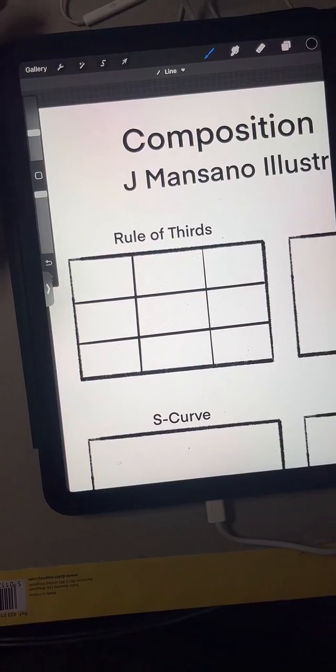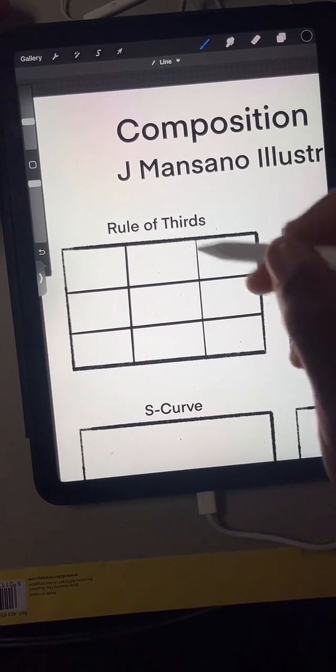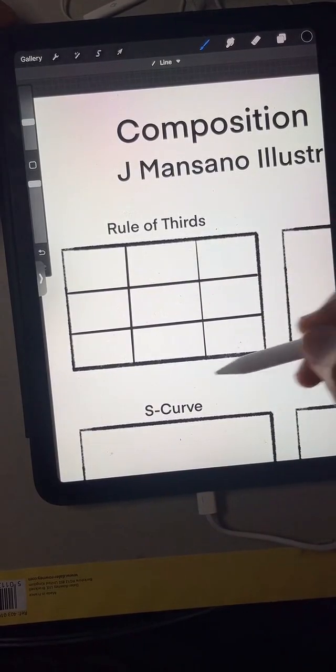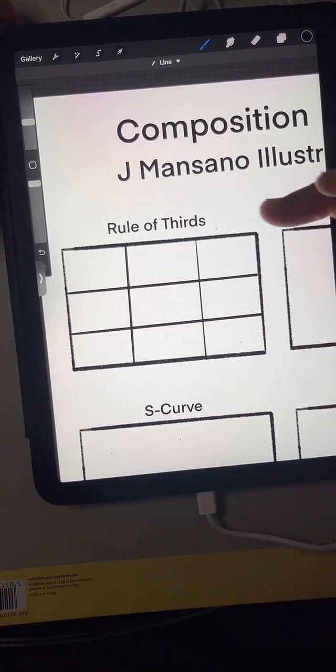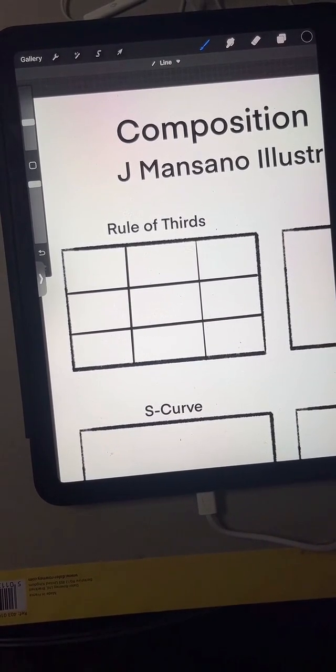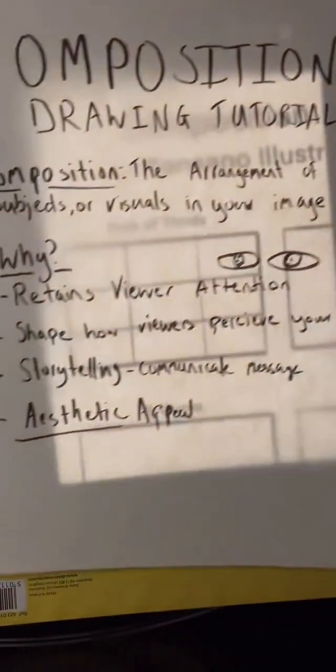So the purpose of having a rule of thirds is to guide your viewer's eye around your drawing or around your painting. Yeah. So if we refer back to what we looked at last week, yeah, this bit of text here,